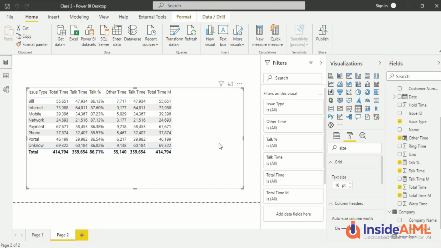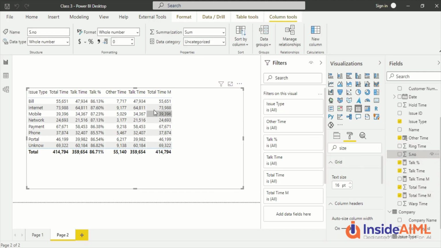And that's the screen you should always be looking for whenever it is available. Few data models, like a Power BI dataset or live query, don't have that screen available. But whenever it is available, that's the one thing you should be using. You should not try any other screen, if you ask me. Okay, so now this is sorted out. Now we created one formula which was talk time percentage, and we said sum of this and sum of that.